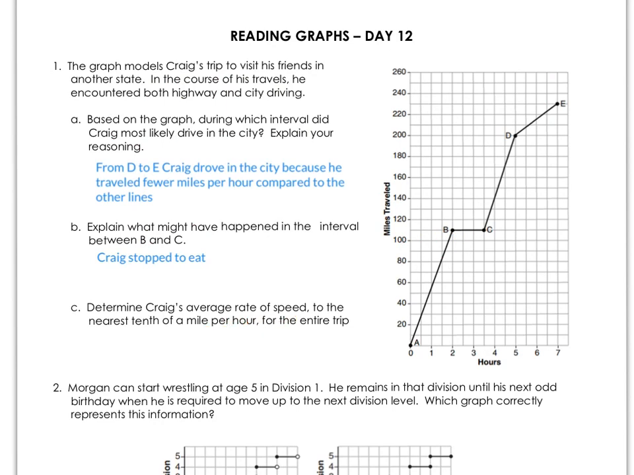Determine Craig's average rate of speed. Well, this one has that average rate of speed. What does that mean? Above that, I always like to write slope. That tells me that I'm looking for the slope to the nearest tenth of a mile per hour for the entire trip. So that means starting at my 0 point and going all the way to E, which is the point